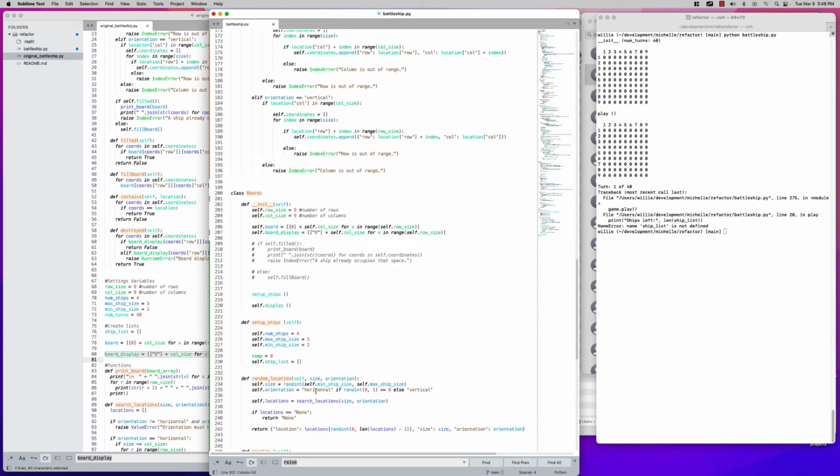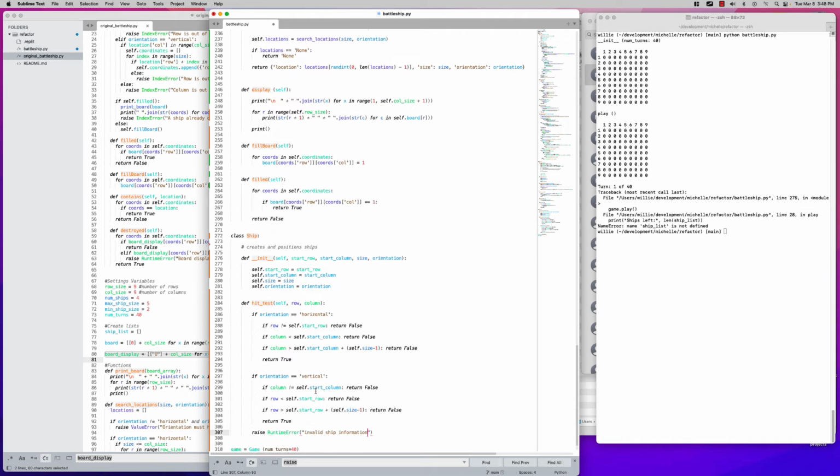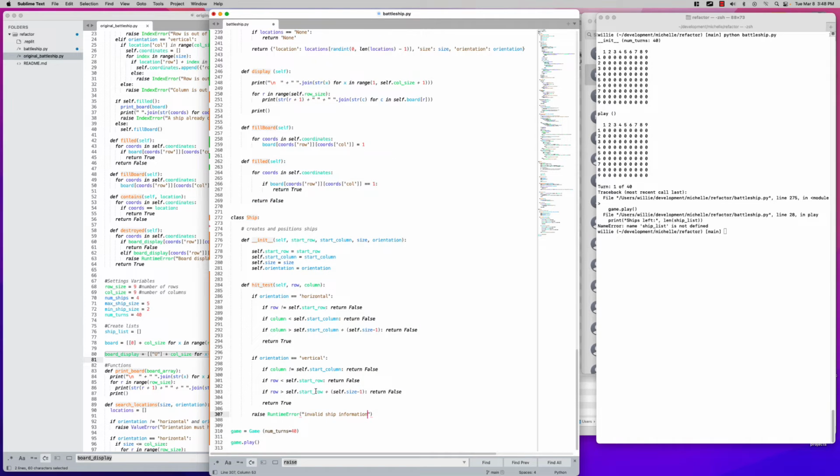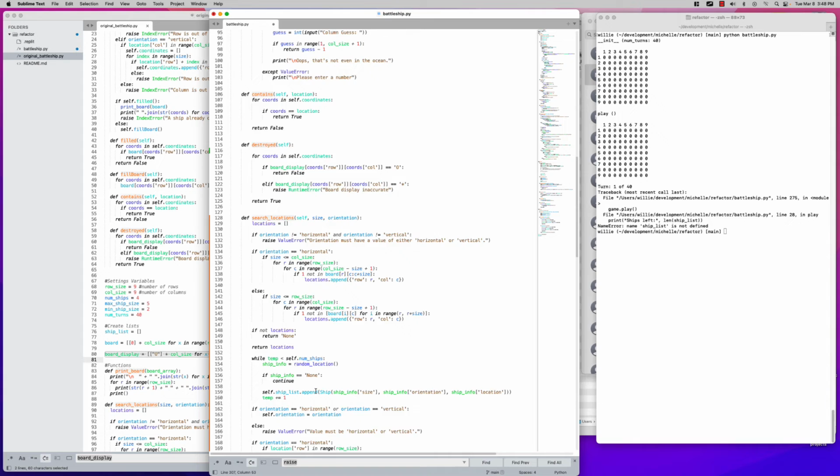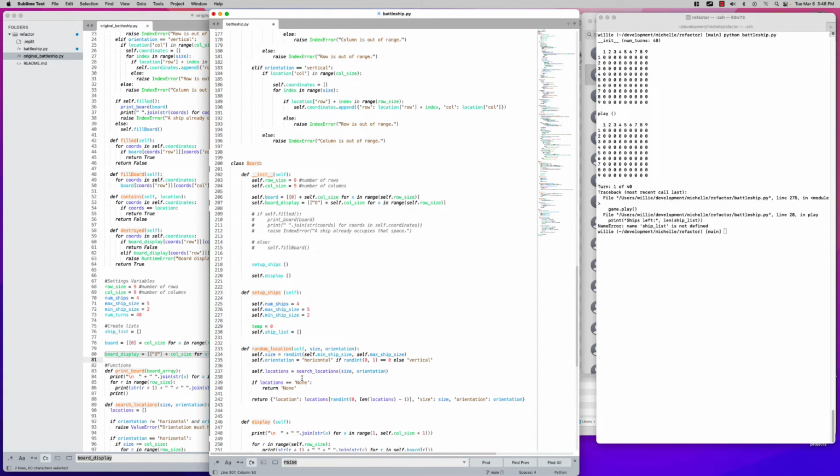Oh boy, that's also problematic. And I don't believe Battleship has random ship sizes. I think it's got